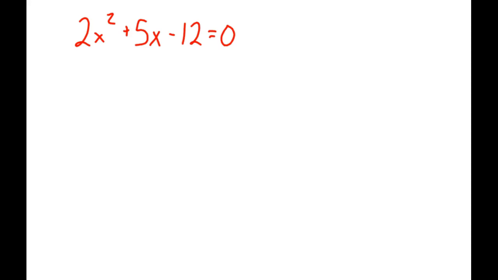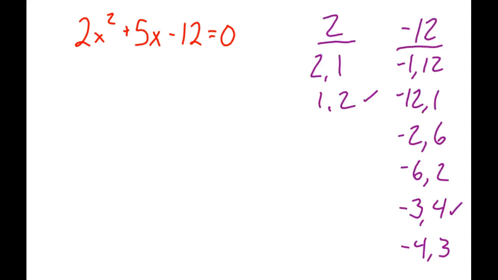Now a second example, we want to solve this quadratic equation, again using the factoring method. This one's going to be a little more difficult because we have to find factors of our a value, which is 2, as well as factors of c, negative 12. So to start out, let's list our factors of 2 and negative 12. At this point, it becomes a little bit of guess and check after you list your factors. You're looking for the combination that when you multiply two of the factors together and add them, the sum is